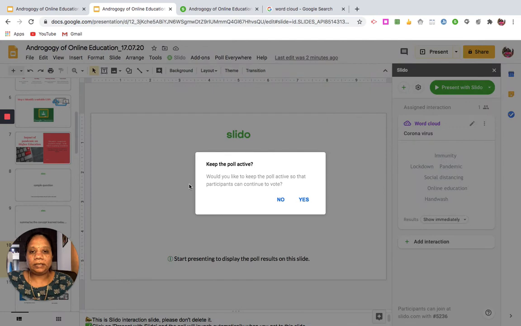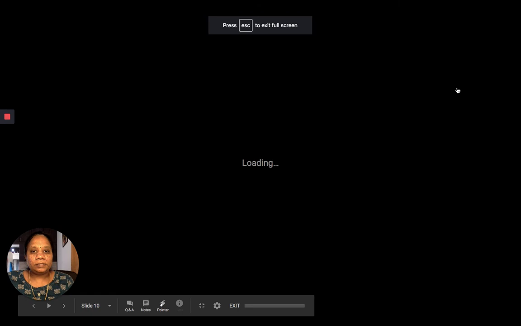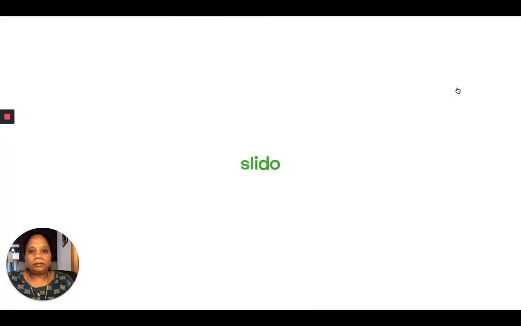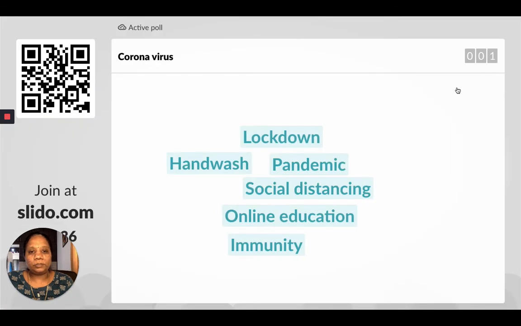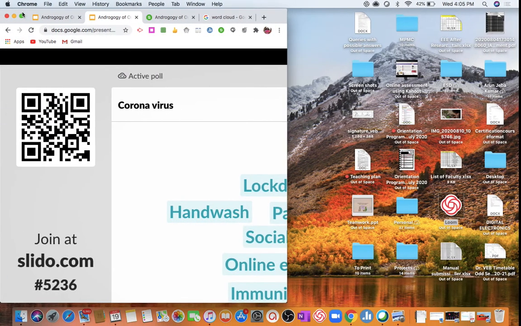So here you can see, let me see it in presentation mode. When I go into the presentation mode, coronavirus is the central theme, and as one student I have contributed so many words. Imagine if there are 40 to 50 students in your class, all of them put in at least one keyword, you will get a beautiful word cloud. And this word cloud is, through some interactive ways, them recalling whatever they have learned. So after teaching your entire class, you can just create a word cloud and ask each one to type one keyword, so you know how much students have understood.